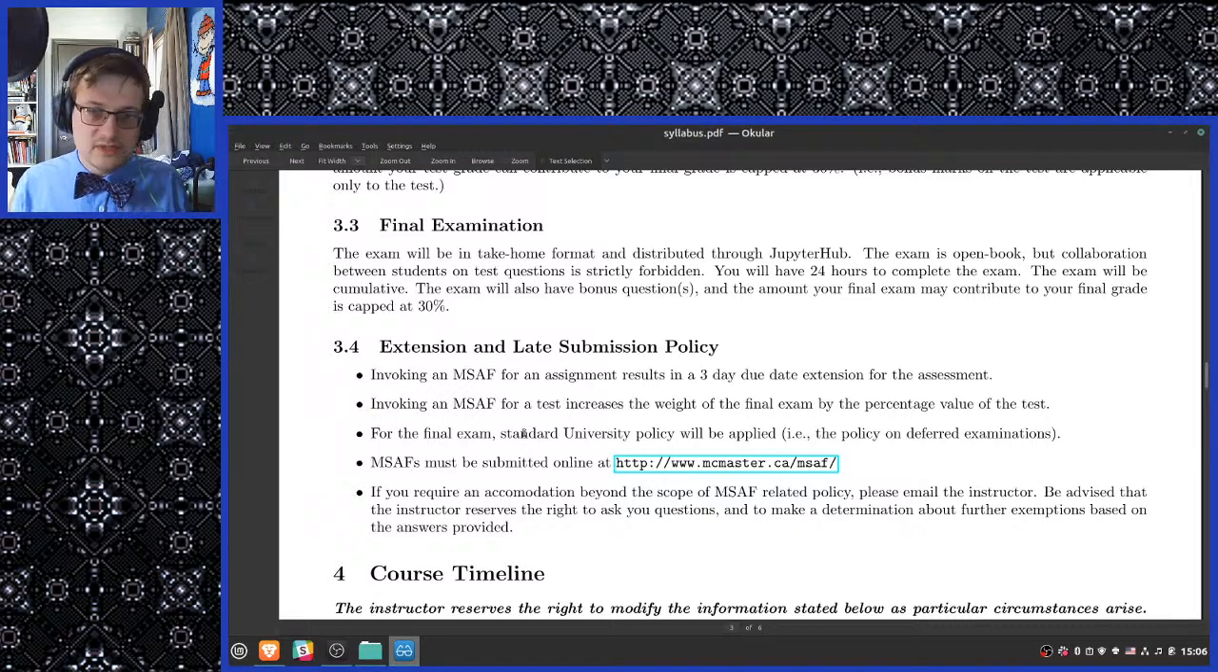For the final exam, standard university policy will be applied, i.e. the policy on deferred examinations. MSAFs must be submitted online. If you require an accommodation beyond the scope of an MSAF-related policy, please email the instructor. Be advised that the instructor reserves the right to ask questions and make a determination about further exemptions based on the answers provided. So, like, I'm not